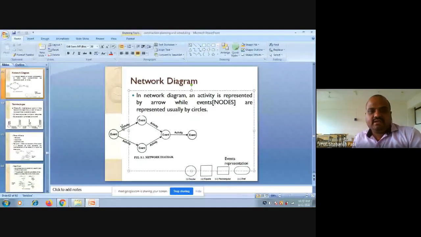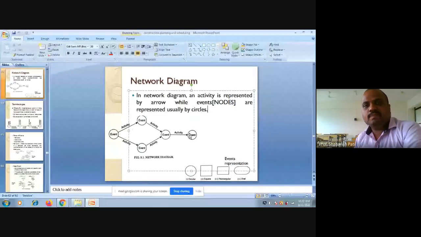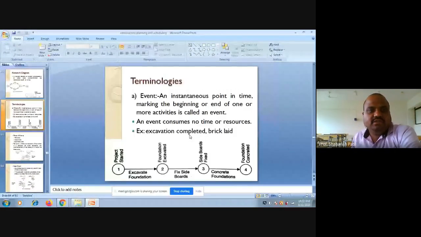This typical network diagram is called activity on arrow. I have an activity on arrow here. This is an arrow, and activities are mentioned on the arrows. So this typical network diagram is called an activity on arrow diagram. Here, we arrange all the activities of the particular project in a logical and sequential order. And then I think we started with a few of these definitions here.